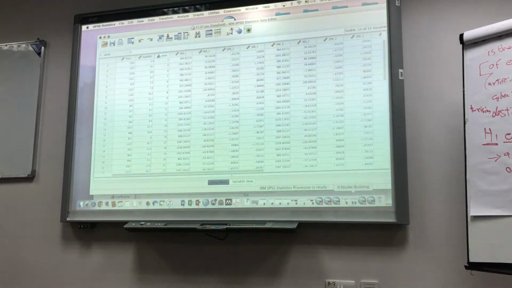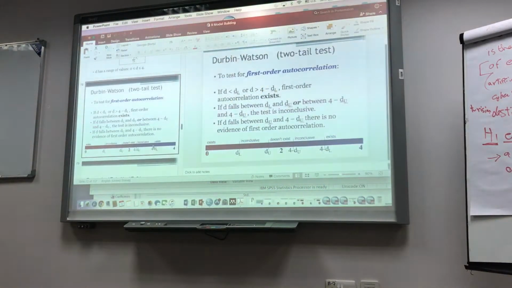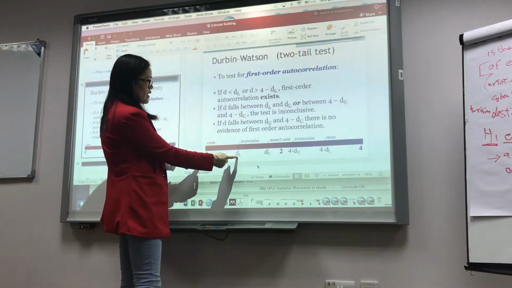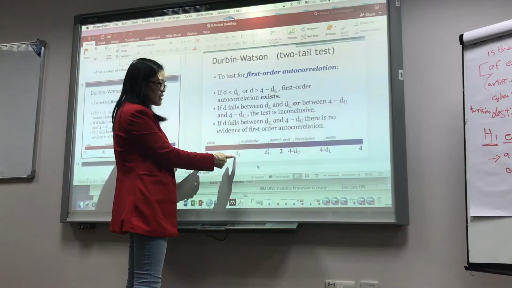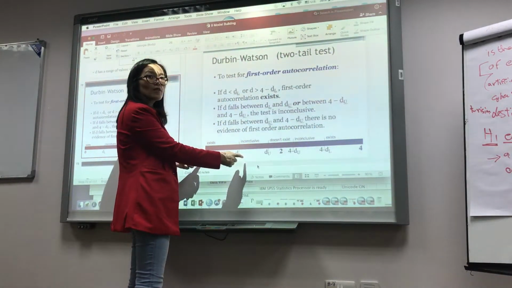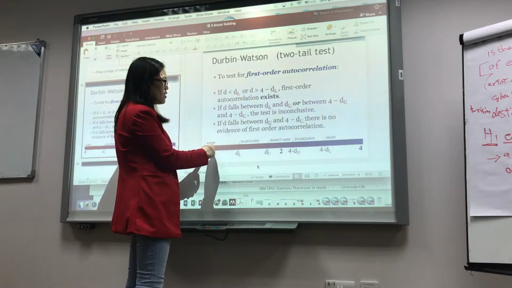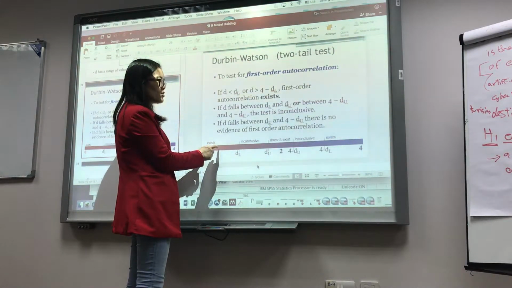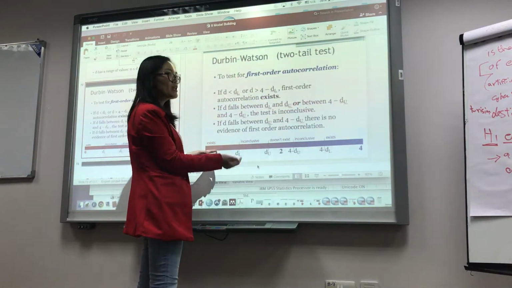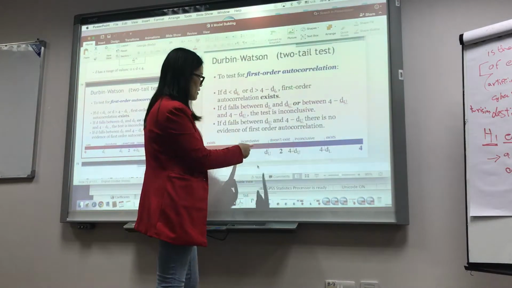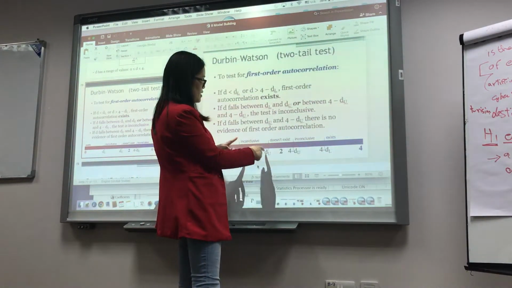You have to check the scale here. If the D value is smaller than DL, which is about 1.10, that means there exists autocorrelation, and then we need to add the time variable. If it falls between DL and DU, it's inconclusive.